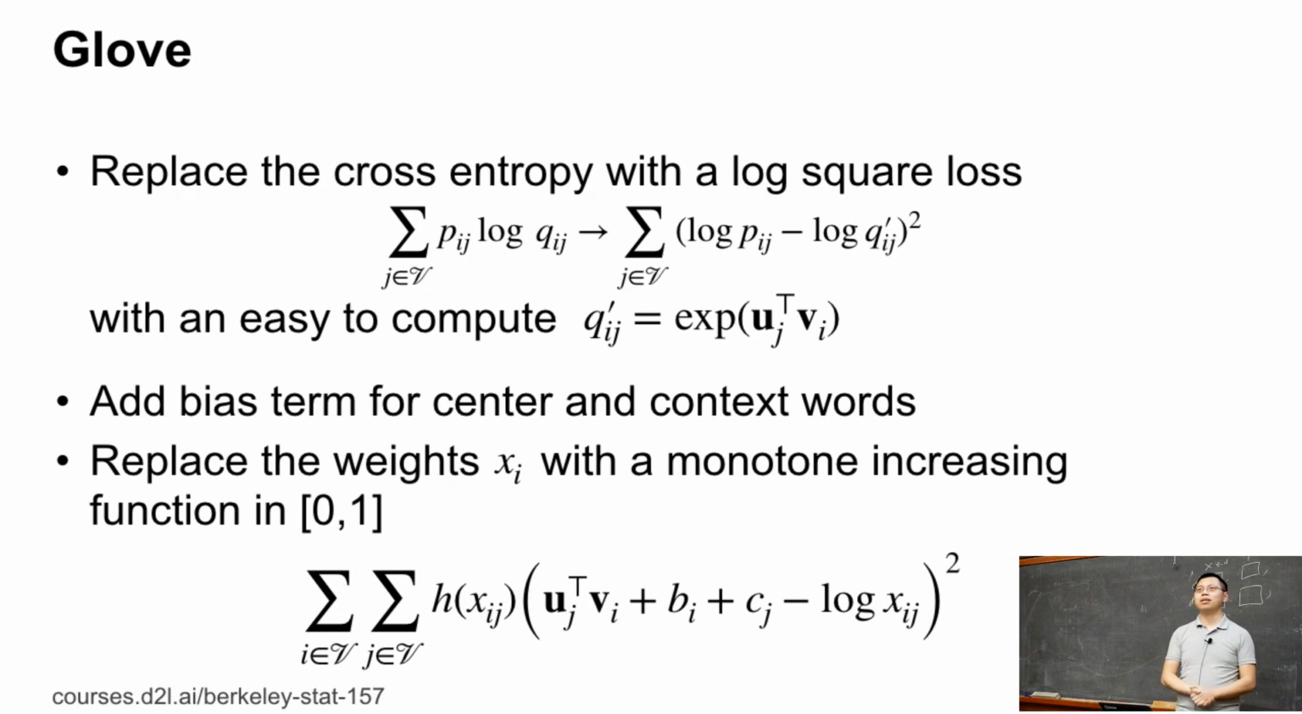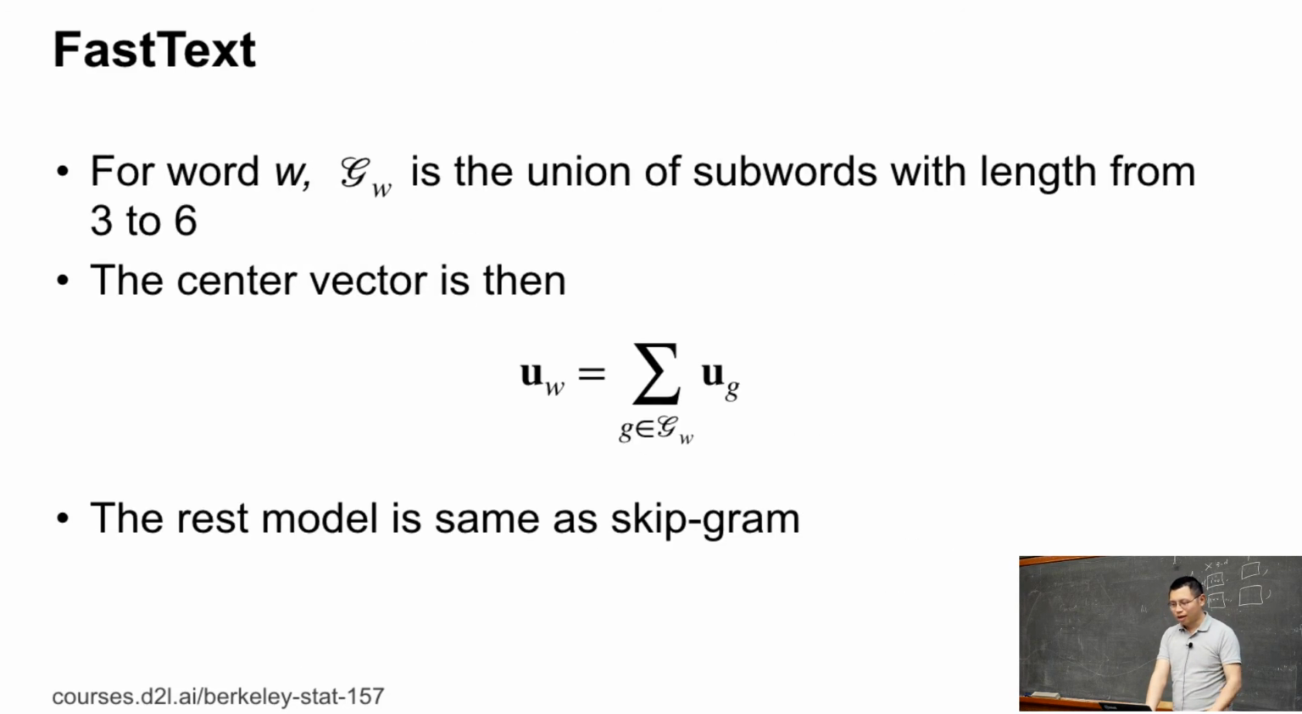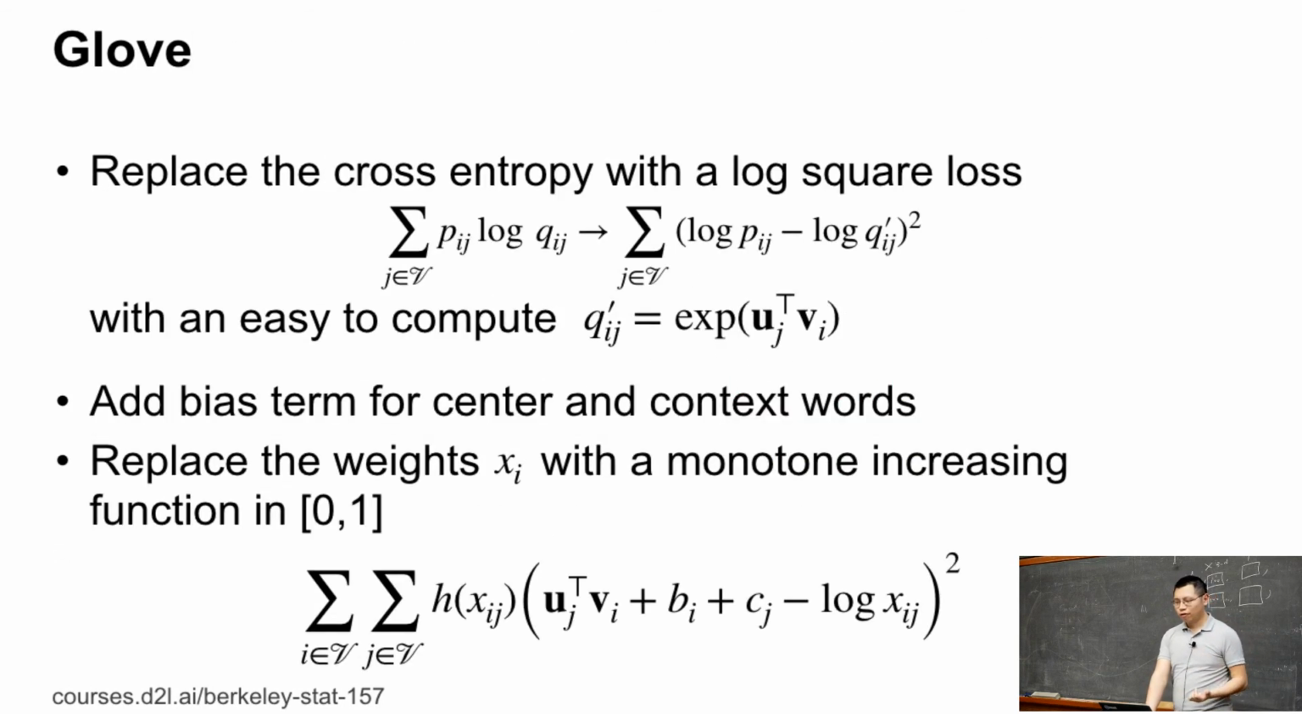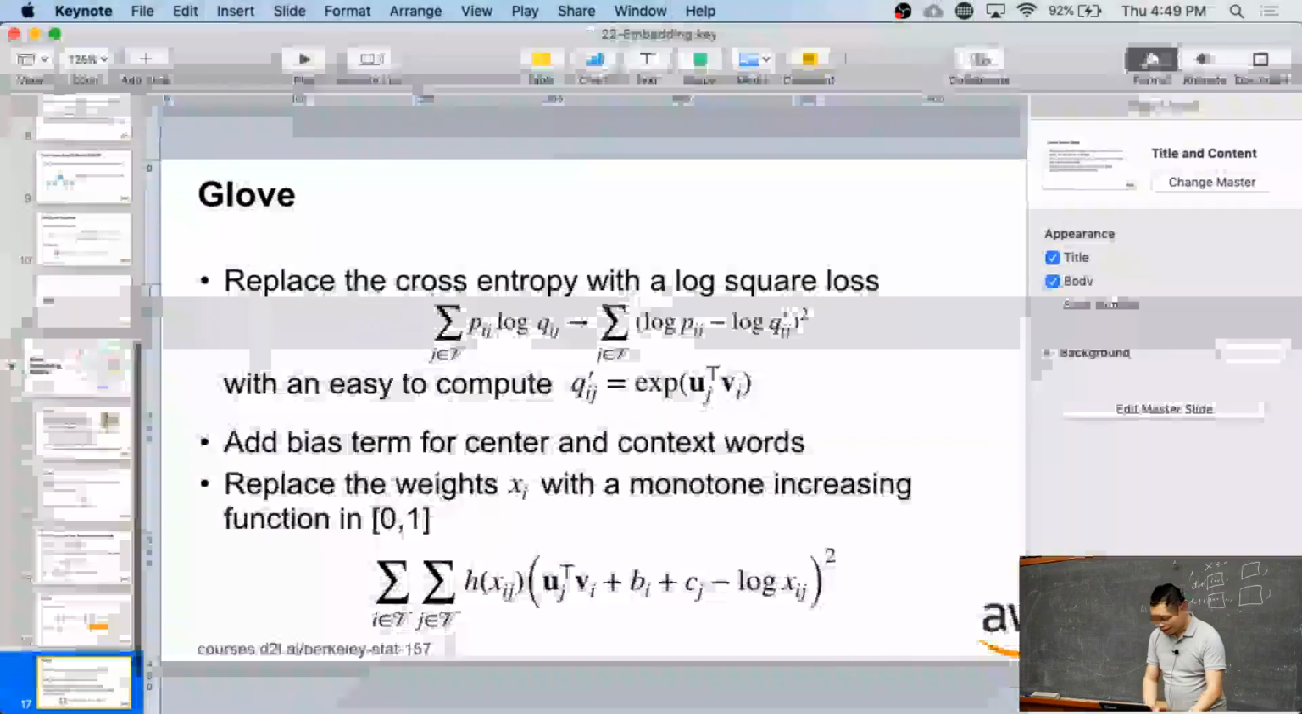So again, this is kind of like an SVD-style function. It's still very similar to what we had before: given two embeddings, doing an inner product. It's called global vectors. I don't remember what the global counts refer to, but anyway. So these are the two popular models. The first one uses subwords. The second one just rewrites the loss function from cross entropy to log square loss. So that's all. I think we have